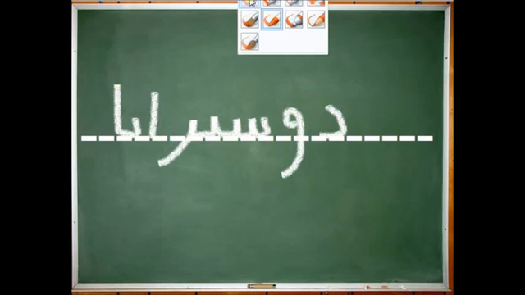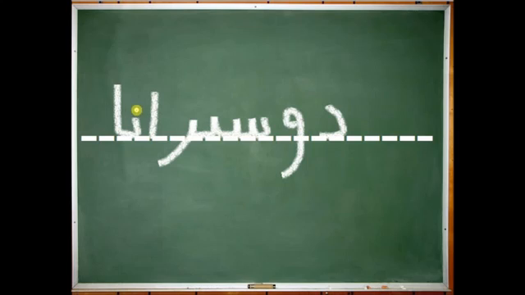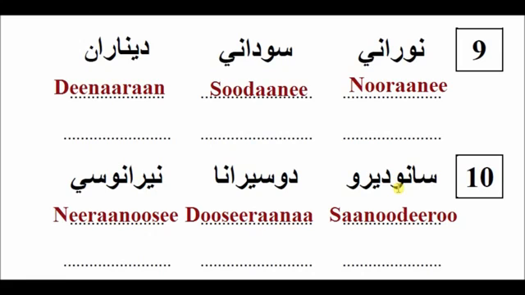Now we go back and put in our dots. Dot on the noon, top of the noon in its connecting form. 2 dots below the ya in its connecting form. And that's it. Tusirana. Okay. Last word of the 10th row, and the last word of this assignment, Niranusi. Written